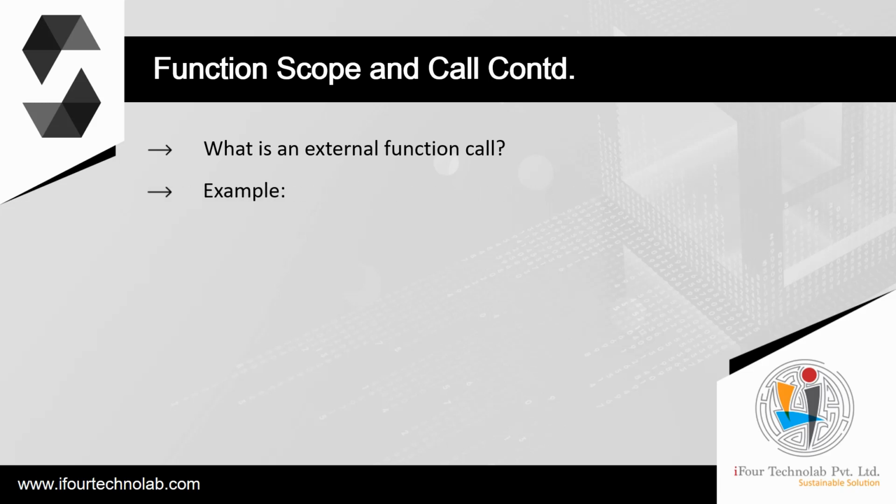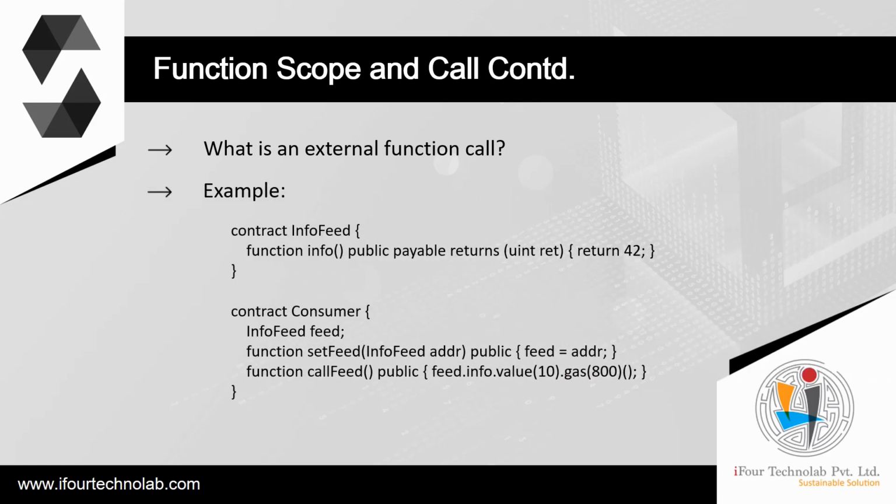Example. Functions of other contracts have to be called externally. For an external call, all function arguments have to be copied to memory. A function call from one contract to another does not create its own transaction, it is a message call as part of the overall transaction. When calling functions of other contracts, you can specify the amount of wei or gas sent with the call with the special options